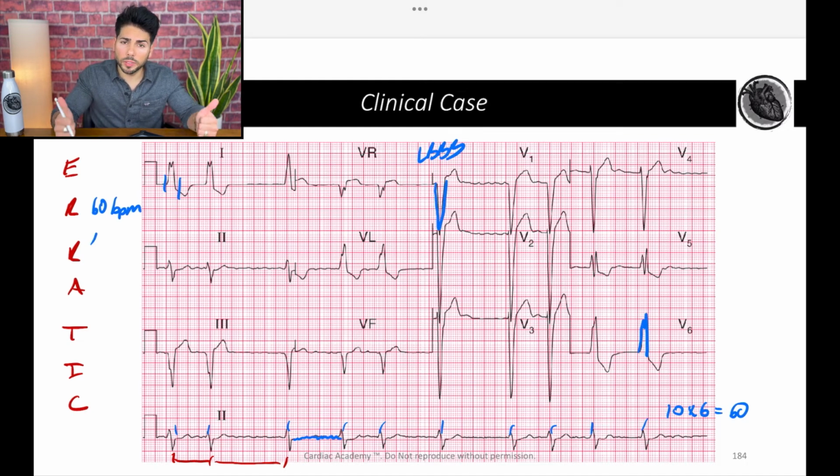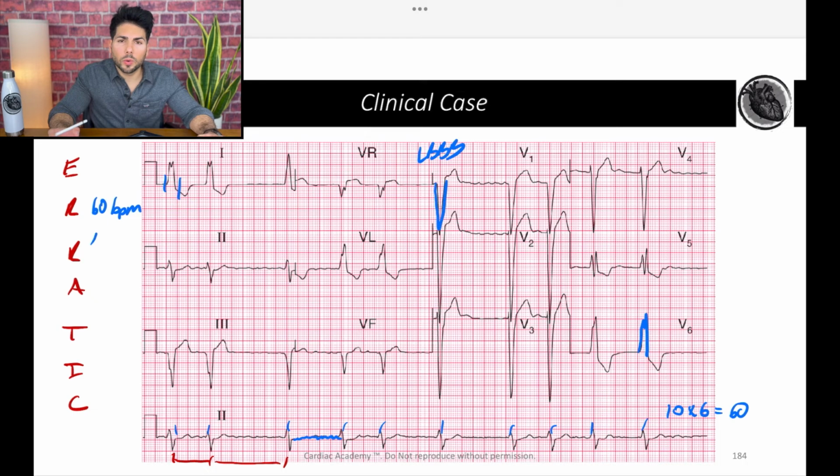Those are the 2 thumbs up, right? So we see that we have a positive deflection on lead 1, but a negative deflection on AVF. So that means we have a left axis deviation, okay? All right, then